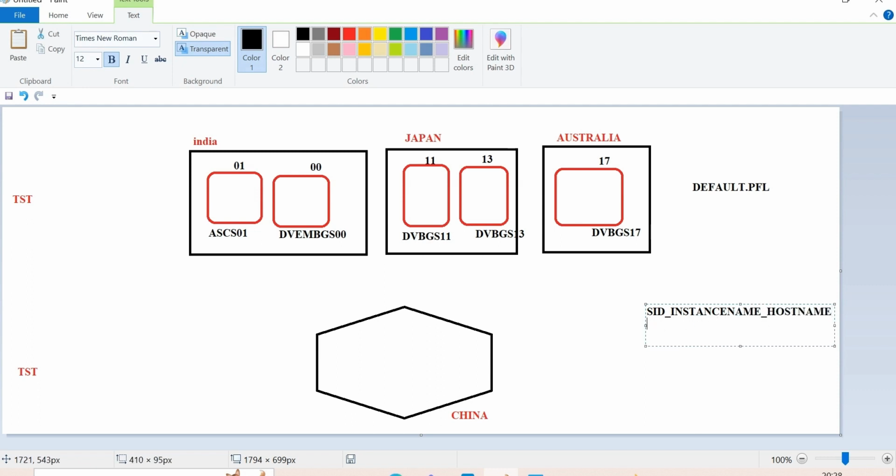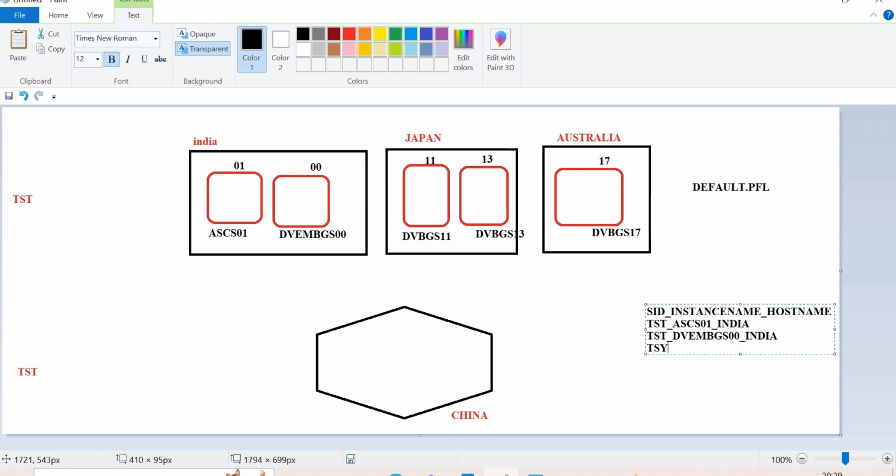Now tell me. TST underscore ASCS01 underscore India. India is the host name. Then TST underscore DVEBMGS00 underscore India.